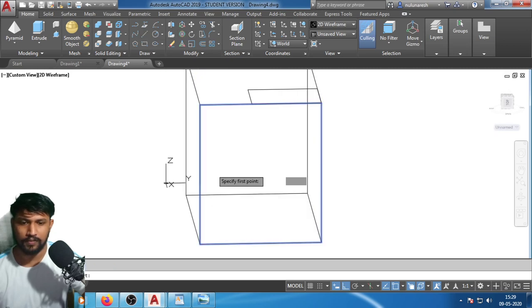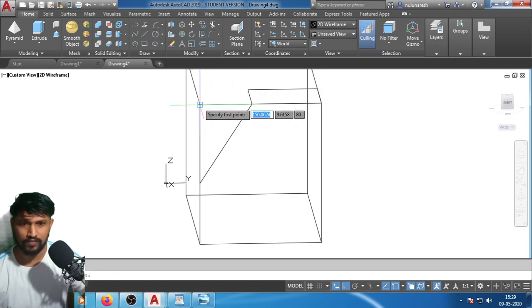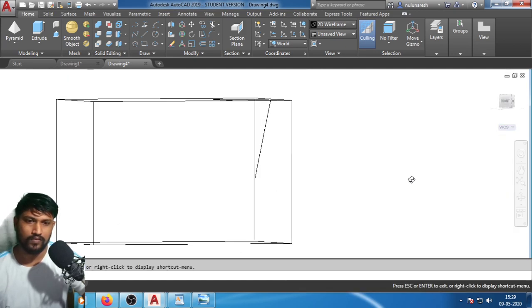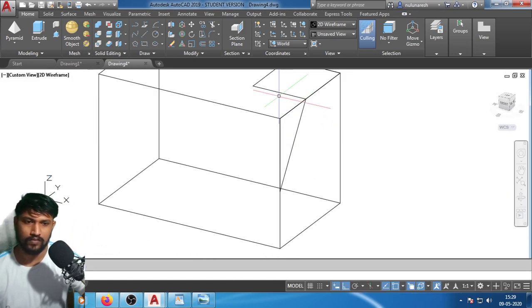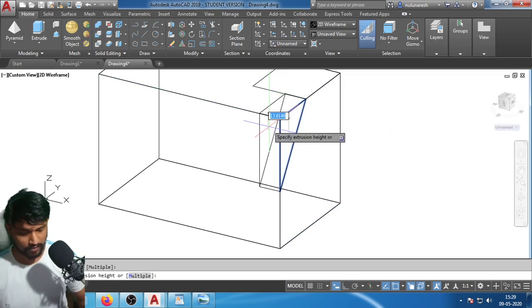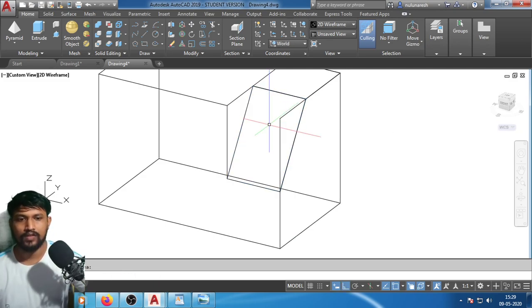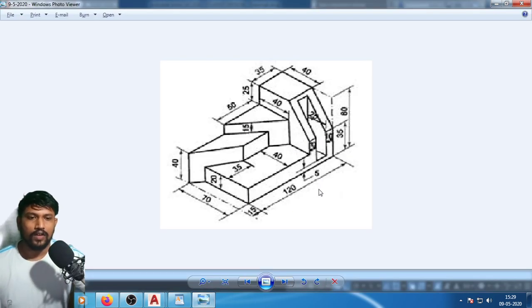That is there. I'm gonna press pull this one since I need a hole up to a dimension of 35. Okay,